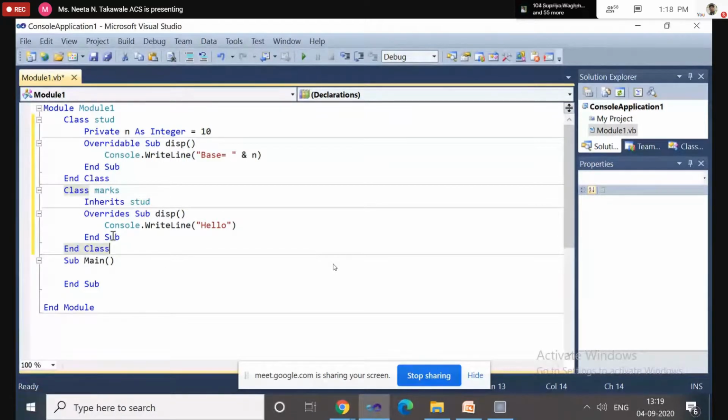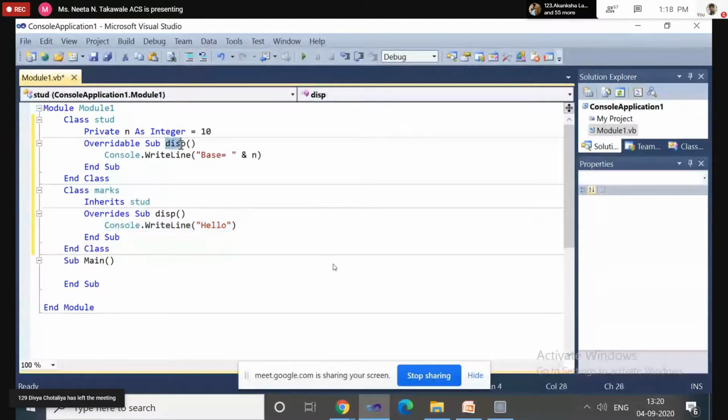Now what is the concept of overriding? We can override the method, with the same method name. Here this method is overridable in the base class and overridden in the derived class. The overridden method is always used to change the original behavior of the display method.